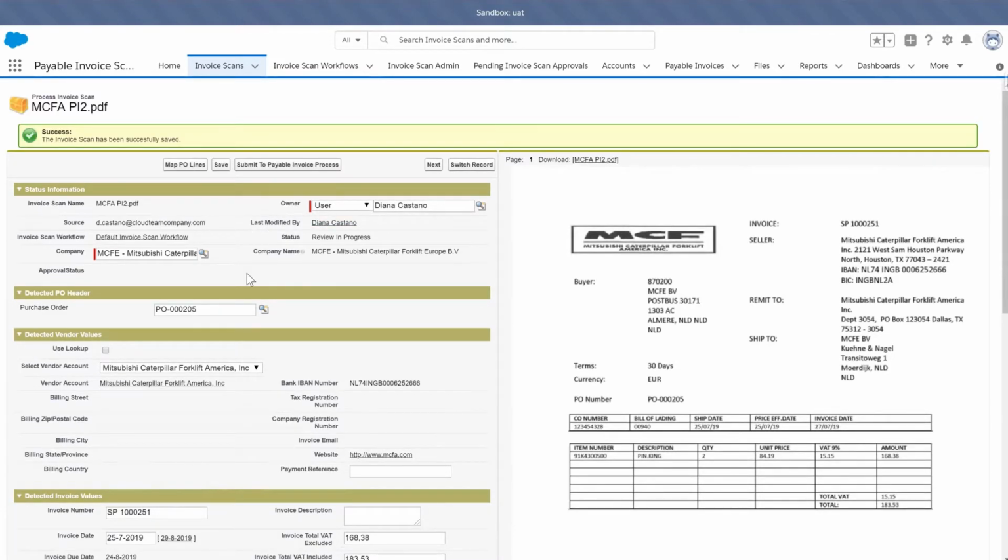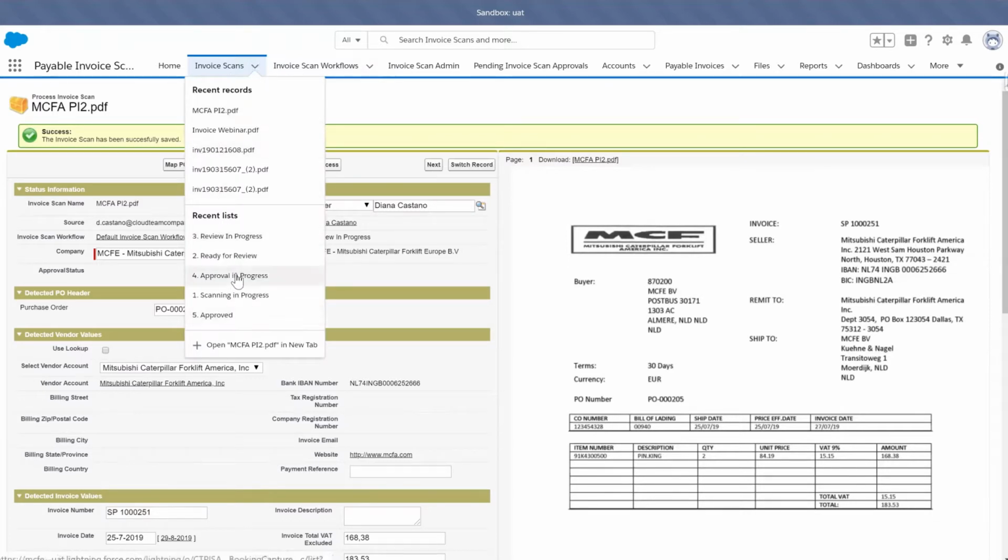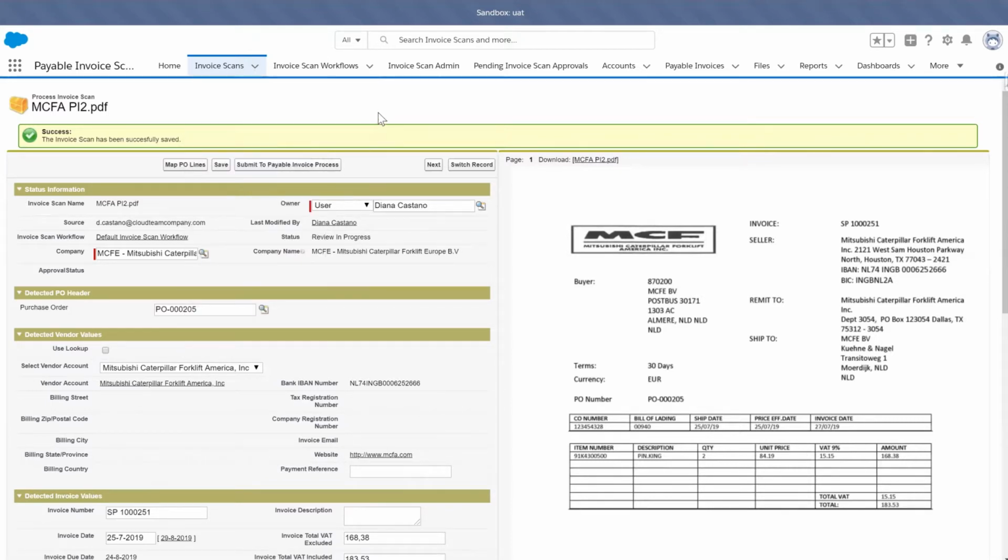And then if there's no approval process involved, like in this case, because I am the only approver, we can just submit it to the payable invoice process by hitting this button, or we can send it for approval. It will run the approval process, and when it's approved, it will land in one of the queues here, in approval in progress or approved. If it's approved, then the next step is for the person in charge of payable invoices to create the payable invoices